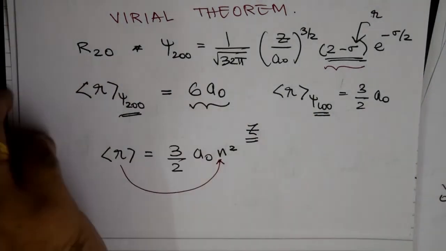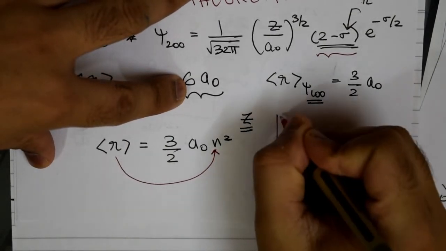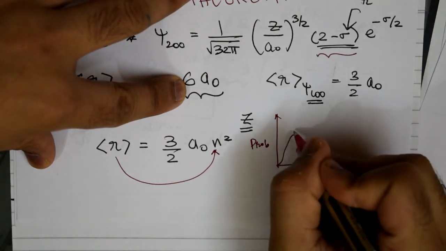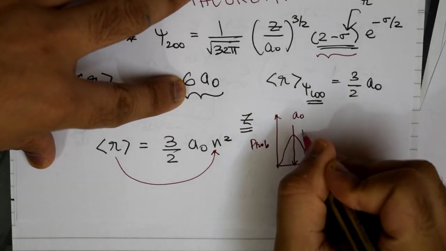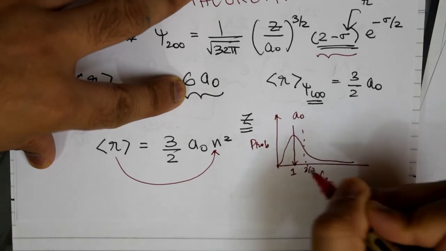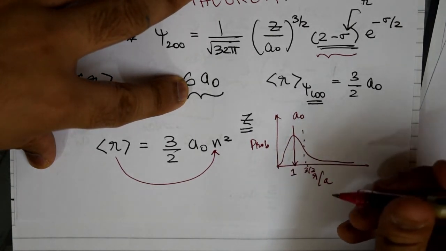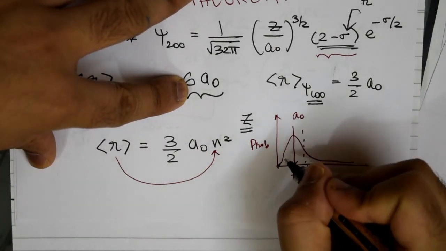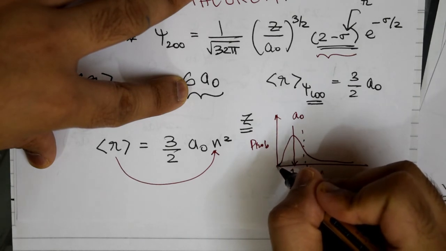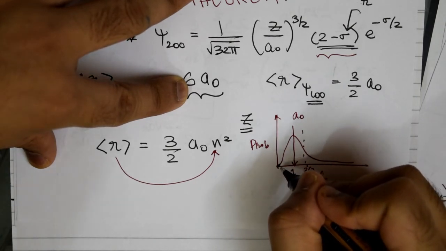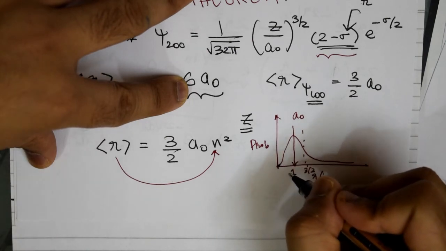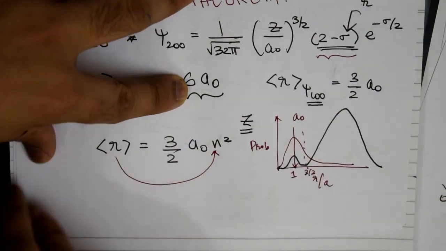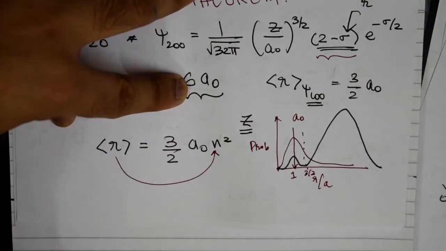For the s orbital, when you plotted the probability as a function of r by a naught, you got something like this, where the maxima was found at a naught and the mean was found at 3/2 a naught. On the other hand, when you plot for this case, you will start getting something slightly different, and you actually start going farther away. I have to be careful what I draw here. I am not very sure whether it will be less than 1. I have to find the probabilities myself, but you're going to get something like this, where the most probable starts to fall away from a naught.